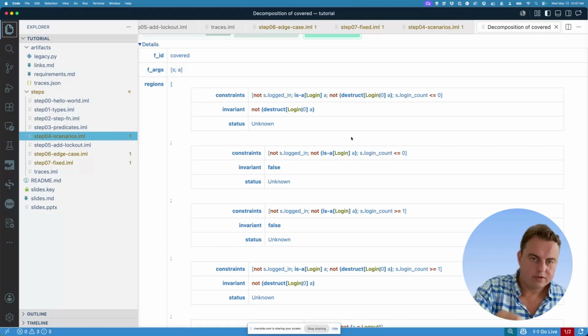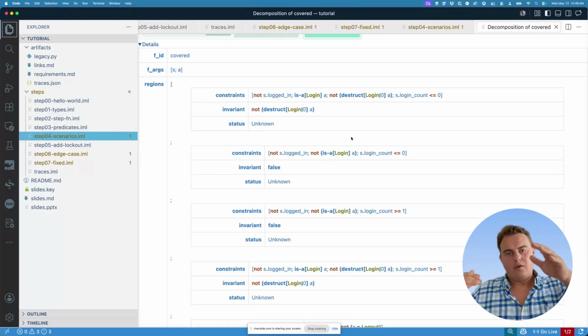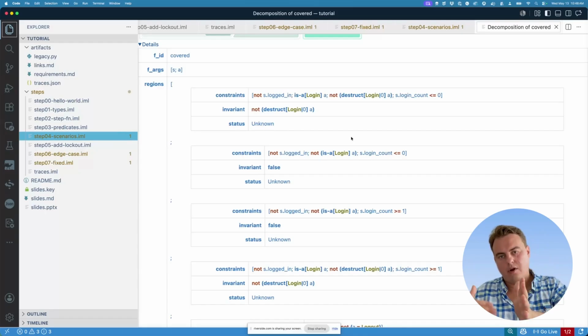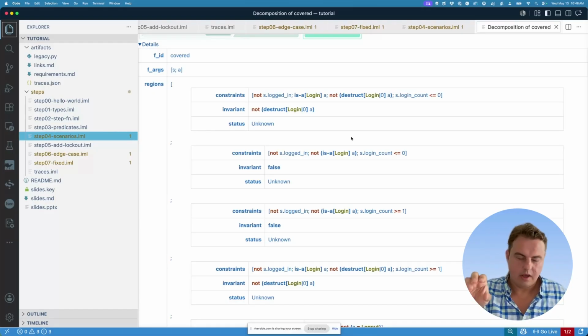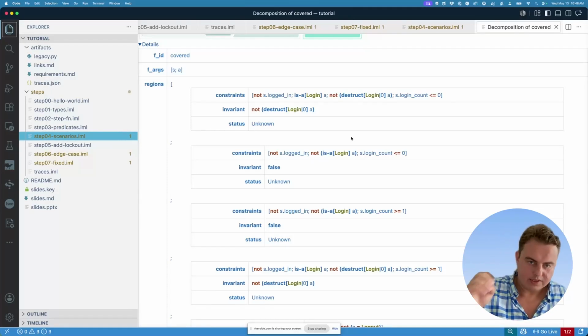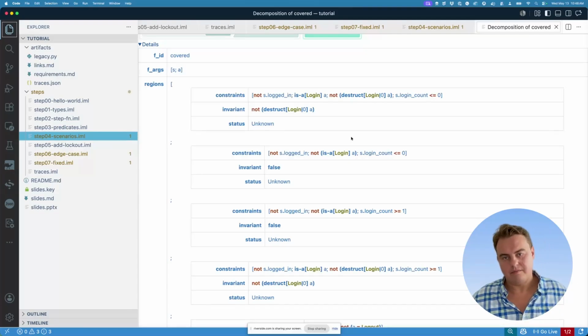And what Imandra via SpecLogician will do is say, hey, under these conditions, I don't know what to do. So these regions of the state space are not specified. So you should look for information either in requirements, legacy code, everything else that will help you understand what this functionality should be. And this is a big deal for going through these systems and formalizing them,